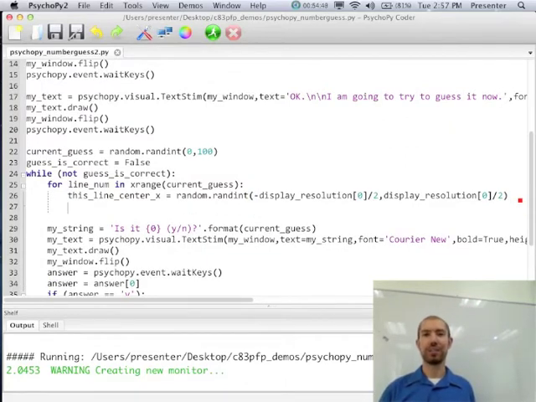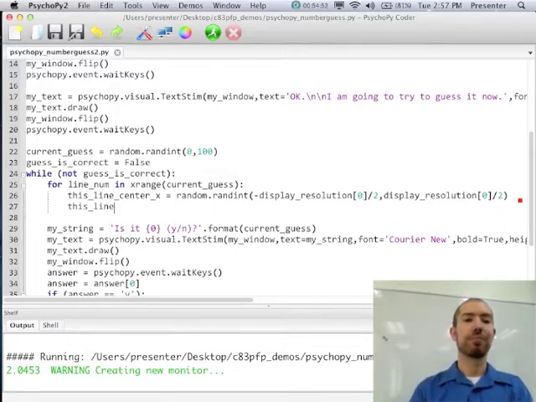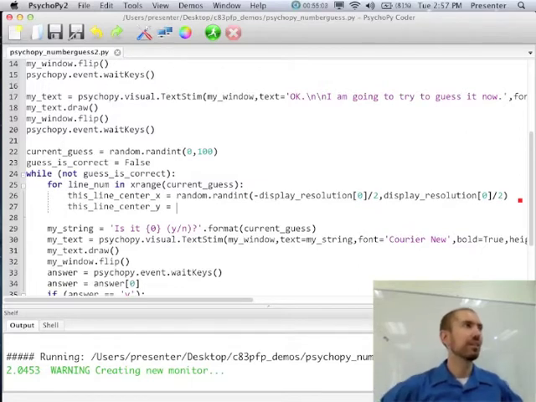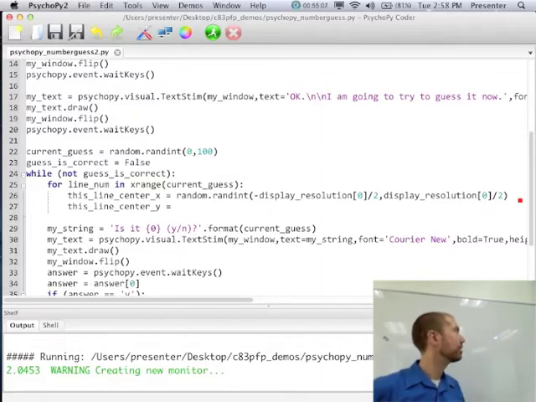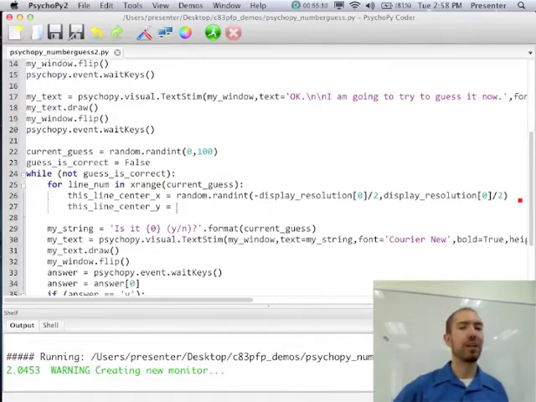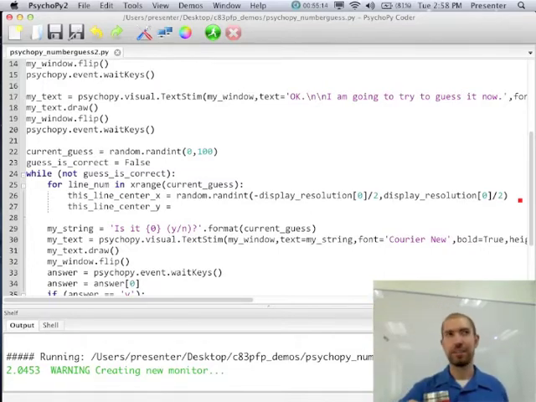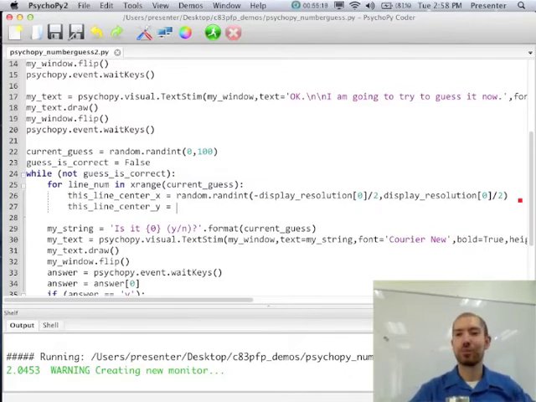Okay, now maybe I will give you a minute or so to fill in how you would pick the y coordinate. This is some random coordinate in the y direction, so the up and down direction. And it should follow that pattern pretty closely. And this is useful, right? Because a lot of programming is copy and paste. So once you understand how one thing works, it's a lot easier to just do it a second time.